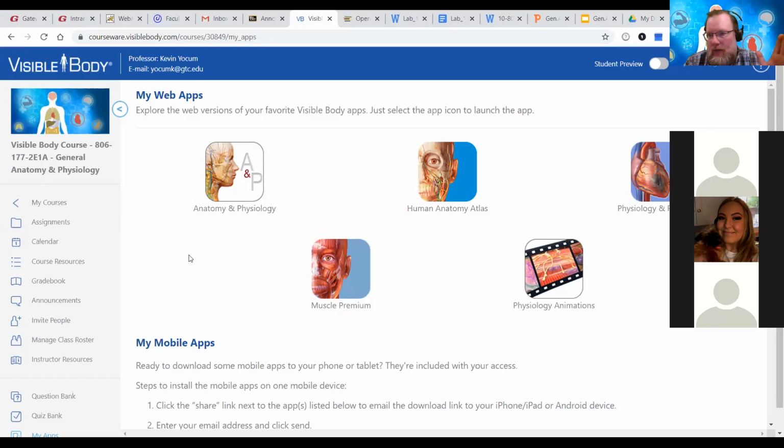And in Visible Body, I want to emphasize too, as we go through the semester, first of all, I highly recommend, if you have access to it, or as you get access to it, just play around with it a little bit, poke around and see, especially the Human Anatomy Atlas. That's a really good app but it can be a little bit much. There's a lot of layers, and some of the items we go through, we just don't get into that much